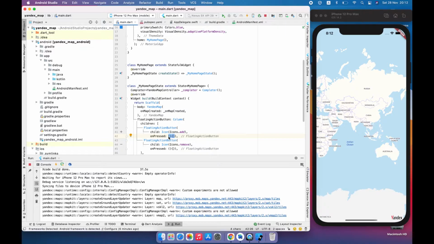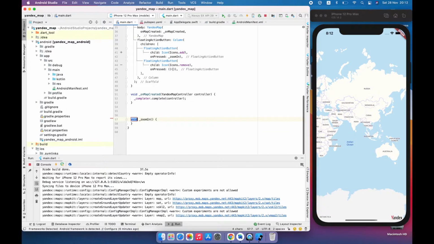For zoom in, let's create a method called zoomIn method. So for zoom out, this is also going to be a method. Okay,